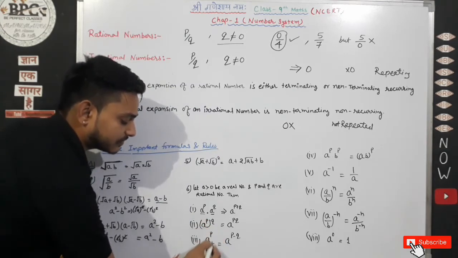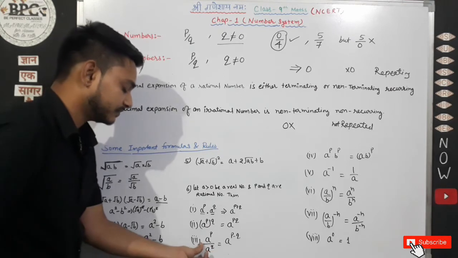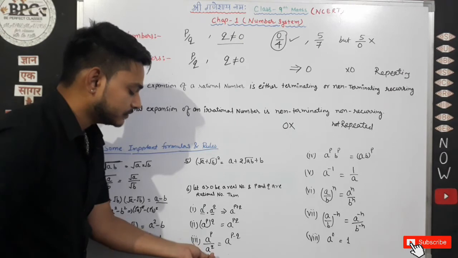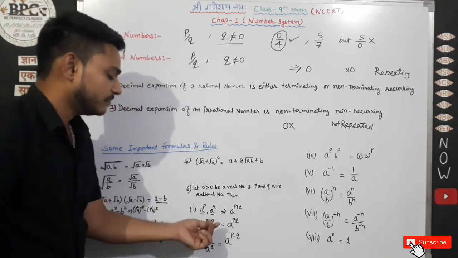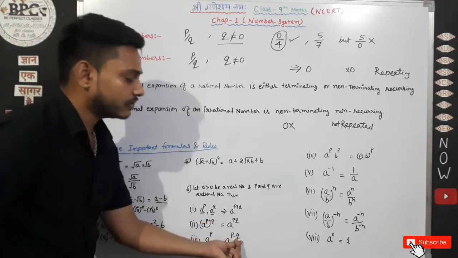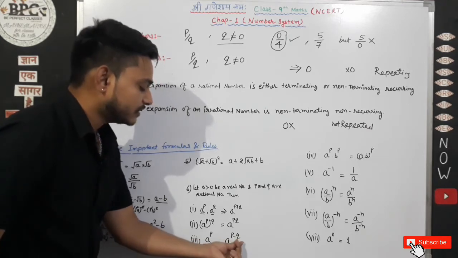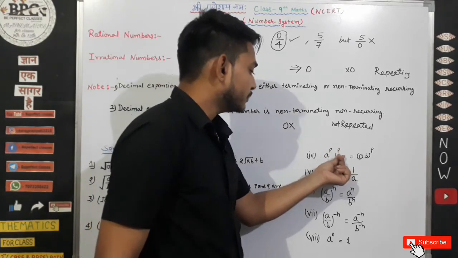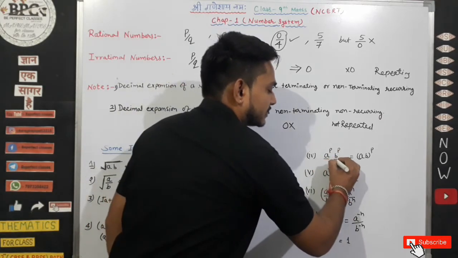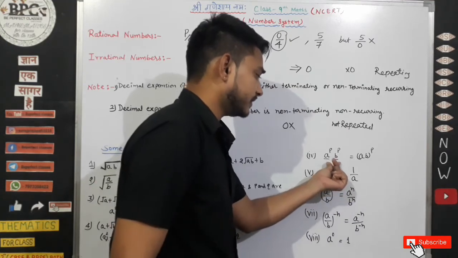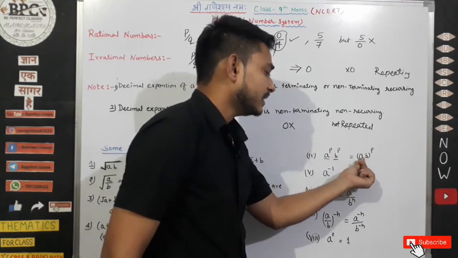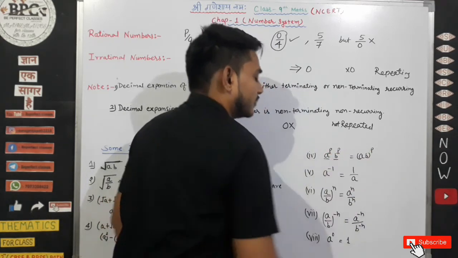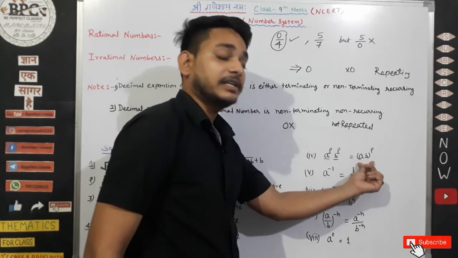There is multiplication and here is division. It is upon condition, so the value of a power q goes up, then it can be written in negative form. So a power p minus q is written. Then a power p into b power p. Here the base is separate, so different. So we can write it as a into b whole power p, because here the power is the same.